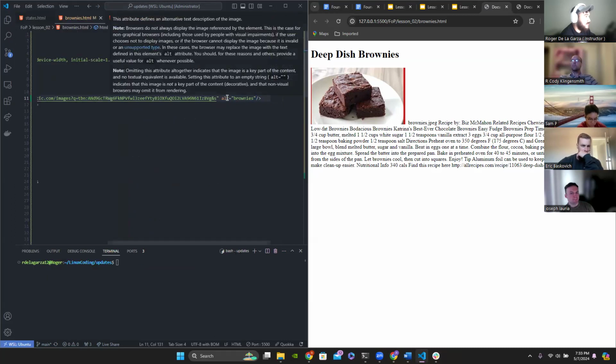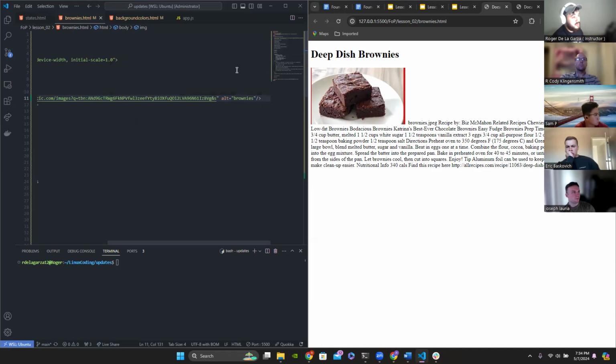Another thing I added here is the alt attribute, essentially alternate, right? If you've ever loaded up a web page and there's supposed to be an image somewhere but it didn't render, you would see some kind of description. That description is whatever was put into the alternate of your tag. So in the event that your image does not load, it shows what's supposed to be there. If my image didn't load because there's an issue with the link, or it's a broken link, then it would show, for example, if we delete the